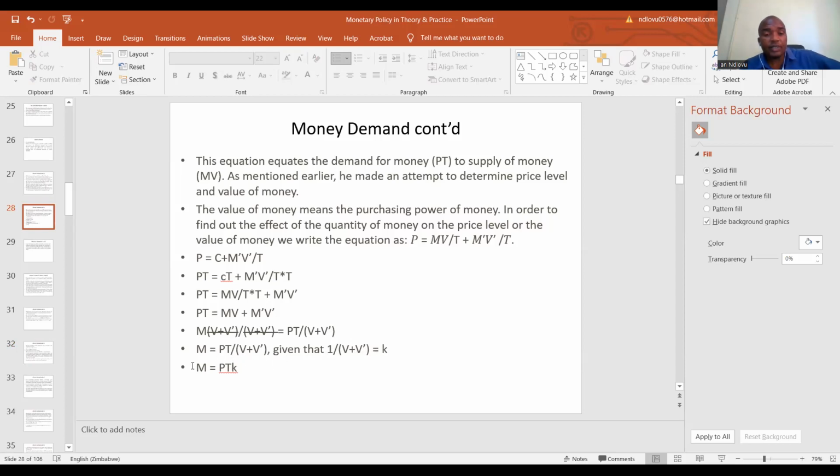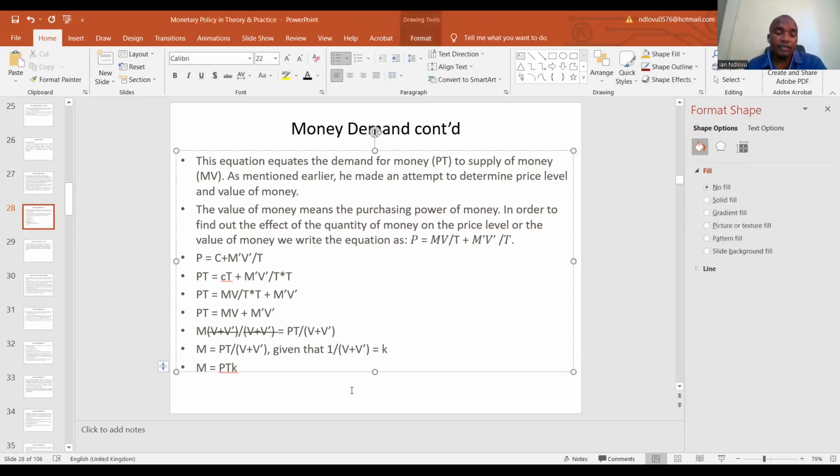So this takes us back to the original exposition about the money demand function. So our elementary money demand function becomes money demand is equal to PTK. In most formulations, it will be K PT,